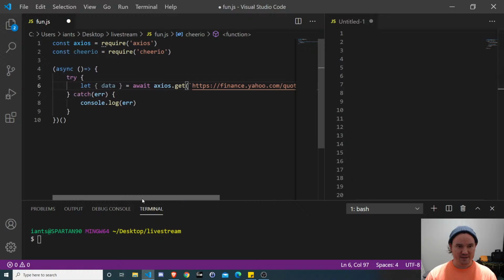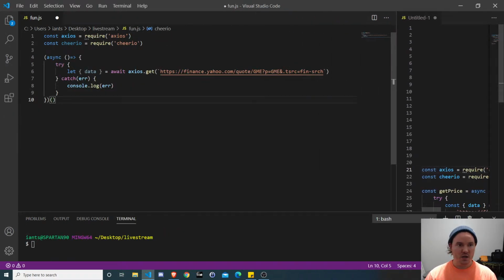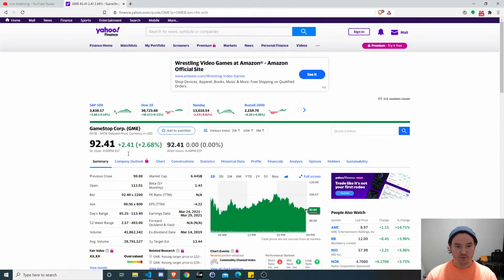If you wanted it to be dynamic, let's zoom out a little bit so we can see what we're doing here. If you wanted it to be dynamic, where you wrote a function and the function takes the name of the stock ticker, the symbol for the stock, which in this case is GME, and you did it dynamically, so you could use any stock. I'll show you how to do that in a second. So we'll come back to it. First, we're going to hard code it right here. We're just getting the quote for GME, and that's going to bring back this page right here.